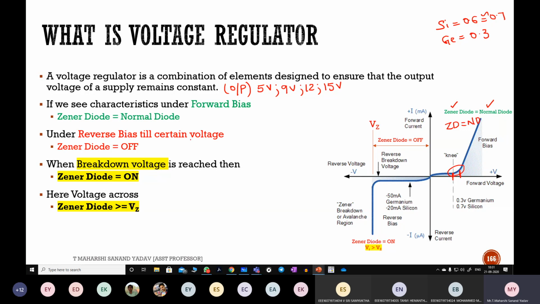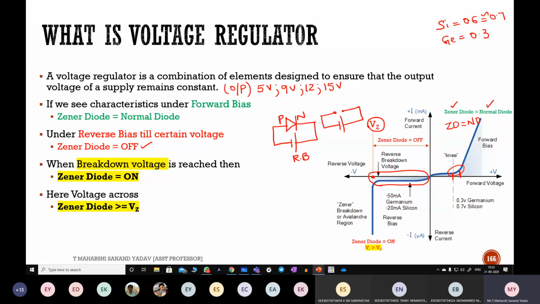Next, under reverse bias, till certain voltage Zener diode is off. So this is that voltage. So till this portion, this working is also same as the normal diode. I mean, it will be in off condition. Why? Because suppose if you go for PN diode, in order to make it reverse bias, I need to connect it something like this. Now what will happen? Open circuit or short circuit, under reverse bias case of PN diode? Open. So this is open circuited. So it won't work, right? So the characteristics of both the normal diode as well as Zener diode is same till this voltage, which is nothing but VZ. Till VZ it is same.